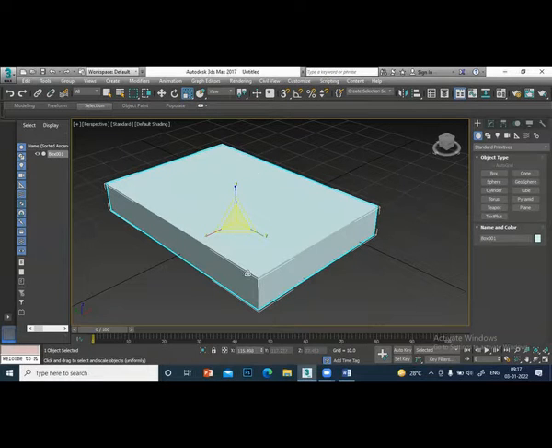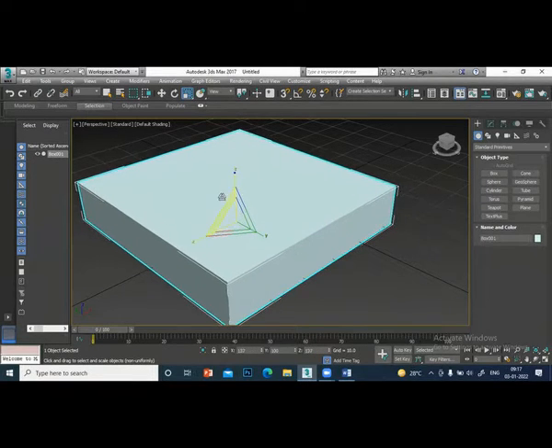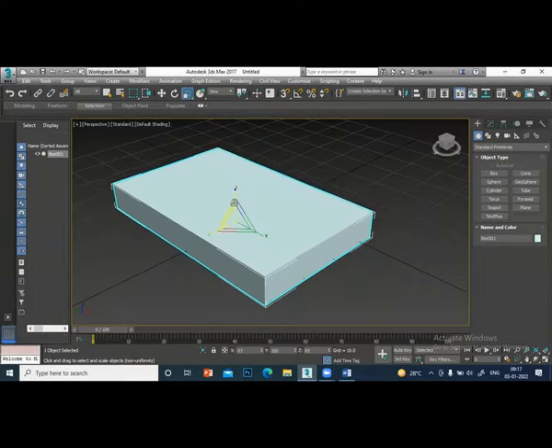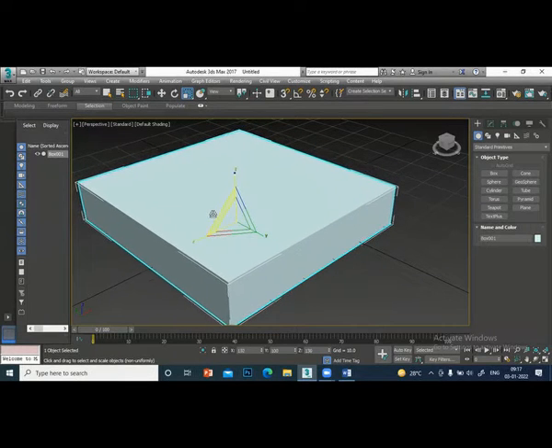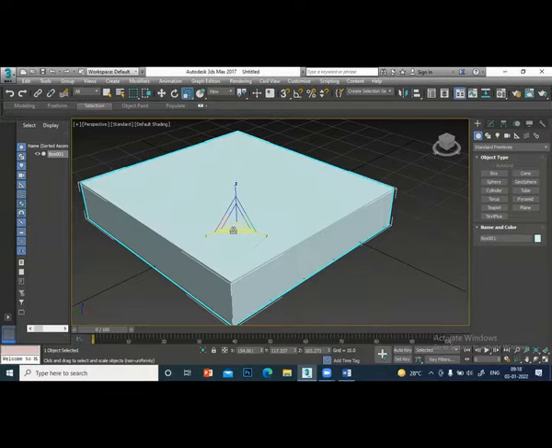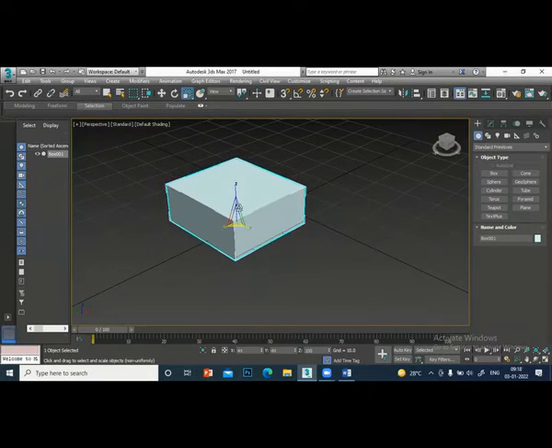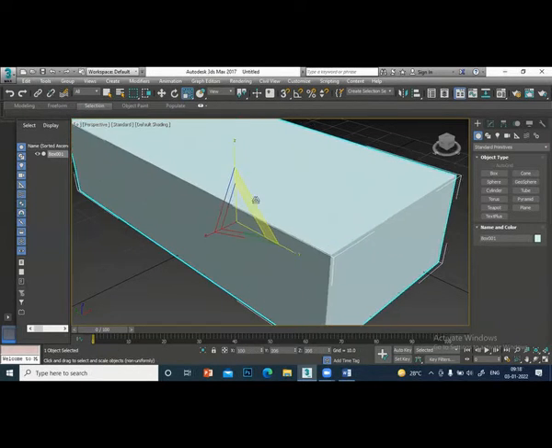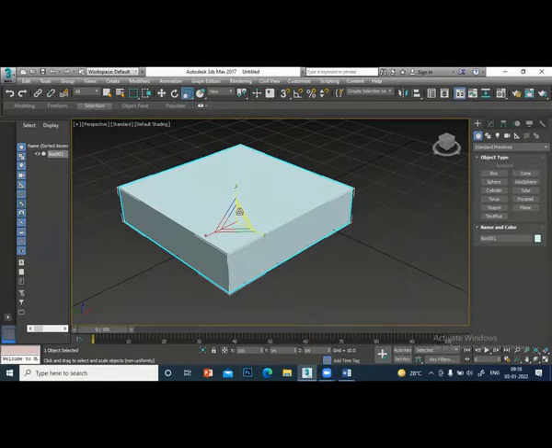If you want to increase two axes, then you go here, you can see two double lines here. You hold that line, and it increases or decreases two sides. Now it is increasing x, z, x, y, x. So this is non-uniform, and this is squash.